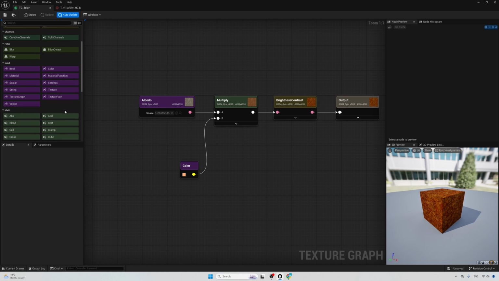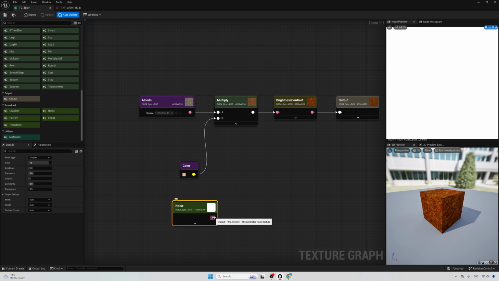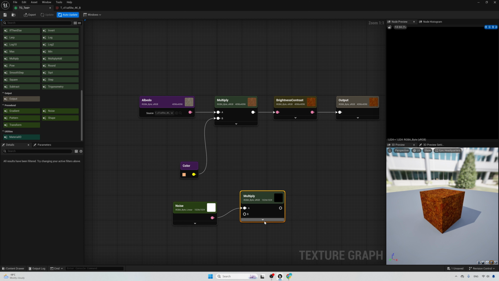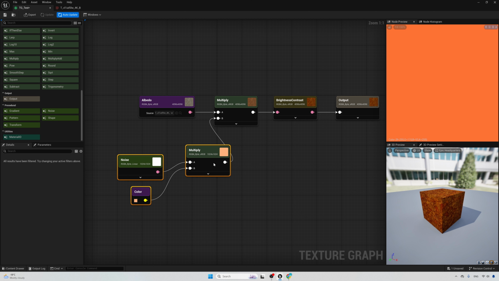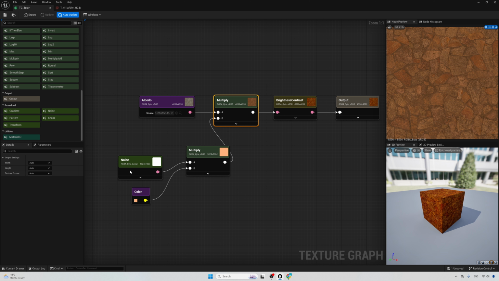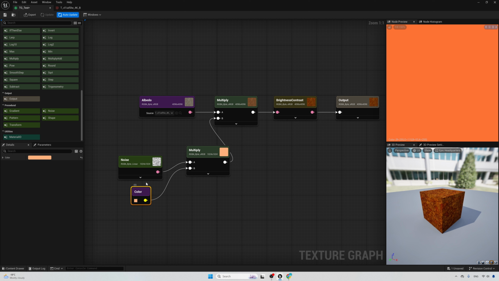Then I'm going to scroll down here, and under the procedural category, I will drag and drop the noise node to the graph, and then I will just drag a wire off the noise node and look for multiply, and then I will multiply the noise node with the color node that I got, and then I will just drag a wire out of that multiply to my previous multiply that I got here. So now you can see that the noise node is multiplied by the color node,